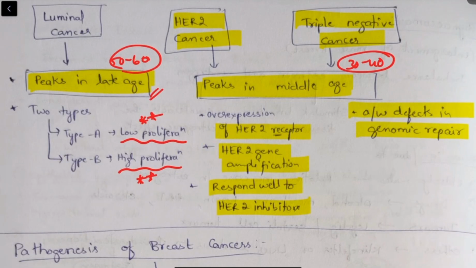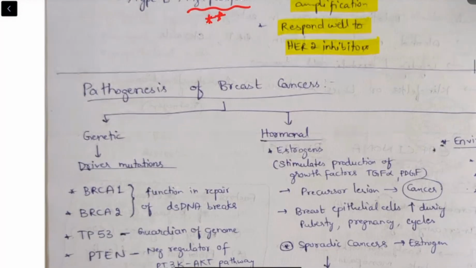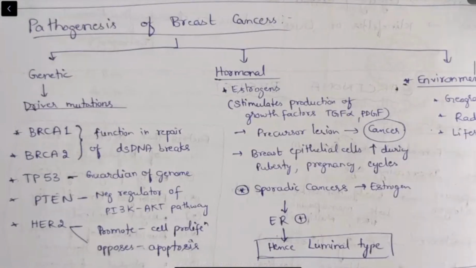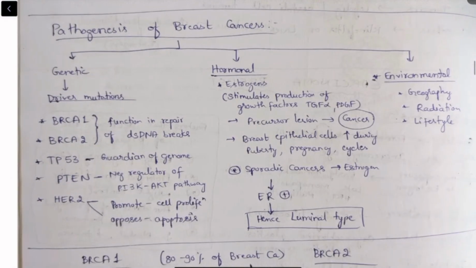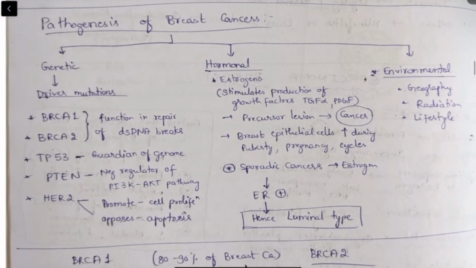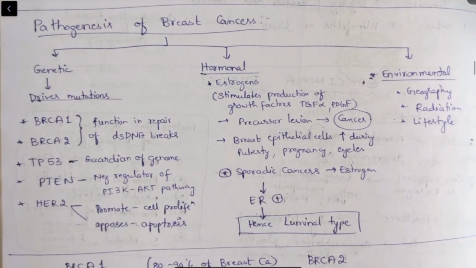Okay, so now coming to the pathogenesis of breast cancer. Just like we have discussed before, there are various factors like genetic factors, hormonal factors, and environmental factors in risk factors. All these risk factors in turn will lead to pathogenesis in breast cancers. Similarly, dividing it again, the genetic basis for pathogenesis: a mutation in the BRCA1 or BRCA2 gene, which functions in repair of